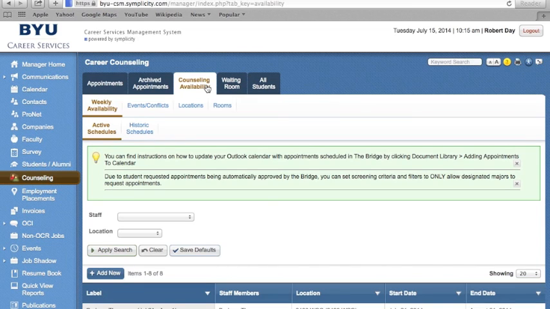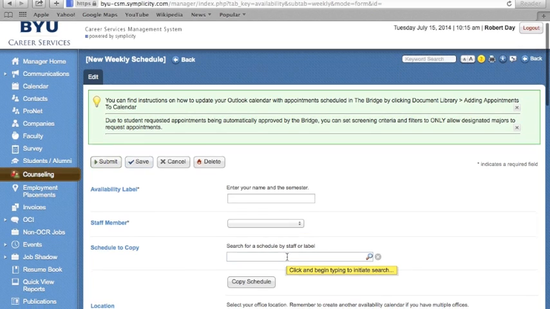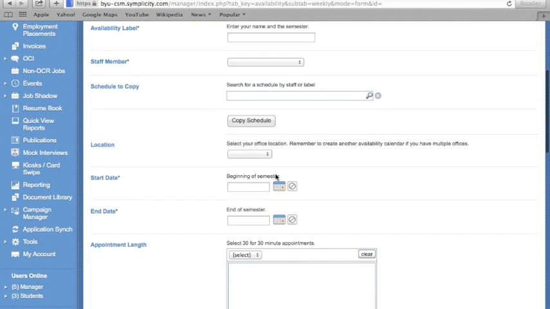You will want to schedule your weekly availability under the Counseling Availability tab. Under Active Schedules, click Add New. The new weekly schedule form will appear. Fill out the form with your counseling information, including your availability label, your name, a copy of an existing schedule in the system, the location where counseling appointments will be held, the start date for your schedule, the end date,